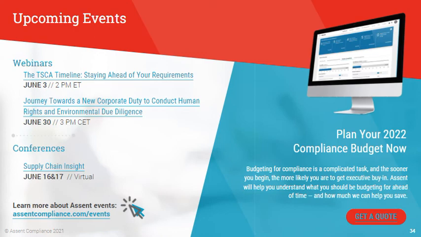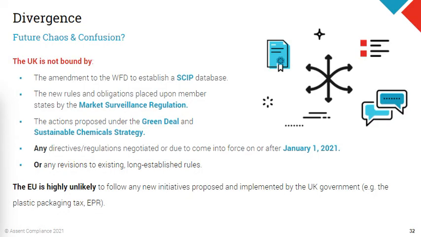So if we go back 2 slides here, I'm just going to quickly jump back. It's important for a lot of these questions that I think are going to fly in that any directives or regulations that were negotiated prior to January 1st of this year are most likely still in place in a similar format today. So again, watch out for divergence, but just because Brexit happened doesn't mean you don't have to apply laws that existed a year or 2 years ago. For the most part, the idea here was to minimize the divergence as much as possible. So anything that was in effect prior to January 1st of this year is most likely still in effect.